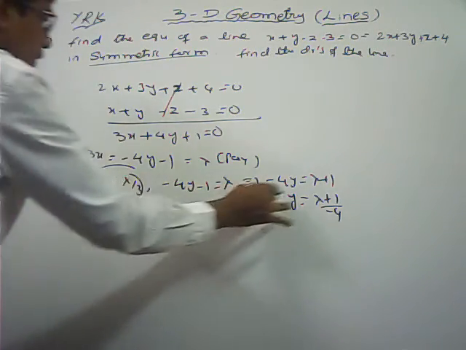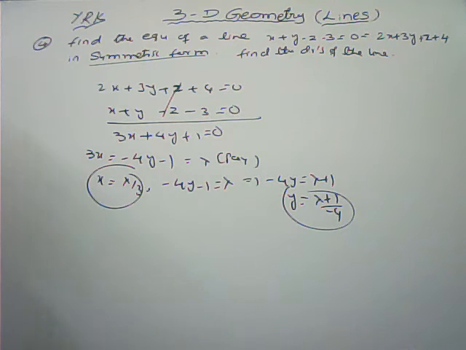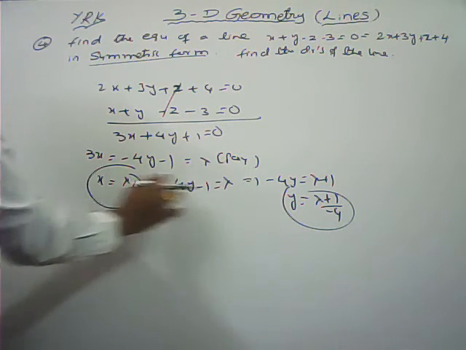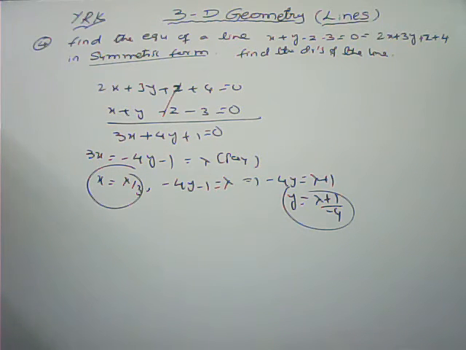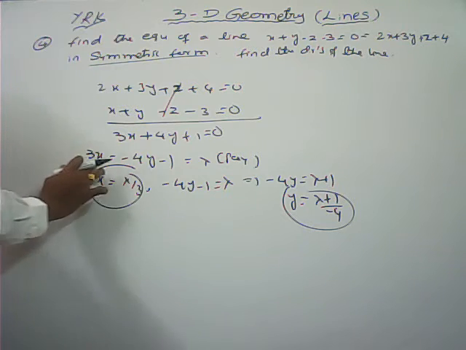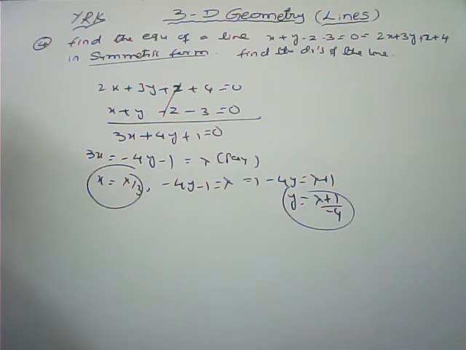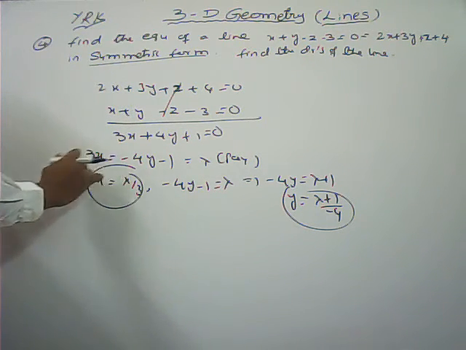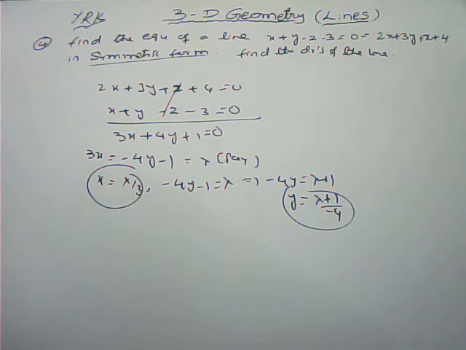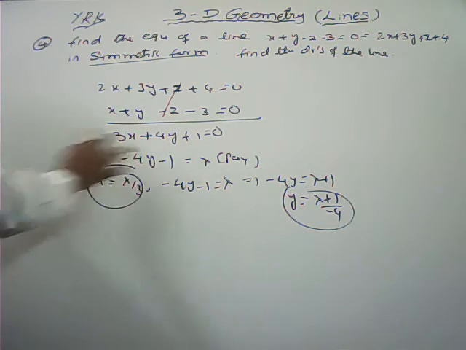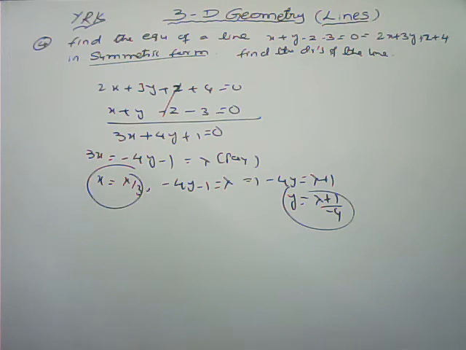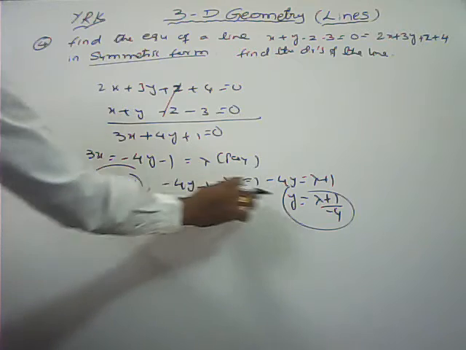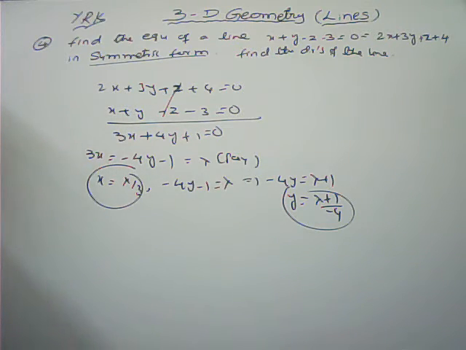Here x and y values, you can put in any one of the two equations. Here we can get a z value in terms of lambda. This is the procedure only. Out of the 3 variables, you can eliminate one variable, and here I got two variables. 3x equals minus 4y minus 1, both are equal to some parameter lambda I have taken. So each one I make a subject, I express it in terms of lambda, and both the values you can substitute in either 2 or 3.